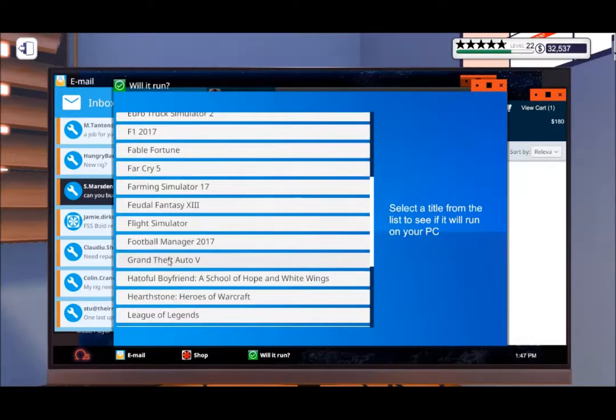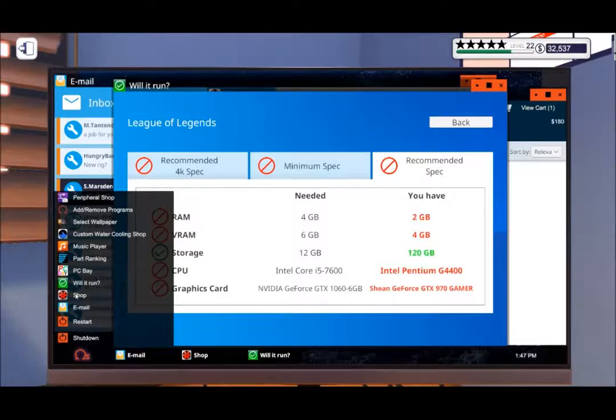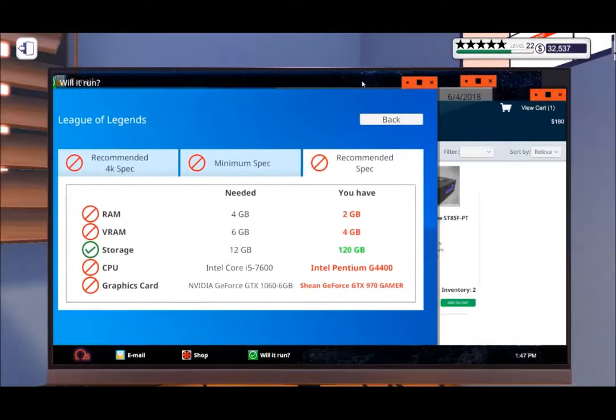League. What are you, League? At the rec specs. So 6 gig. He likes MSI. We'll go with the Intel setup because we know it's here. Well, actually, we can go with AMD, but no, we'll go with Intel for